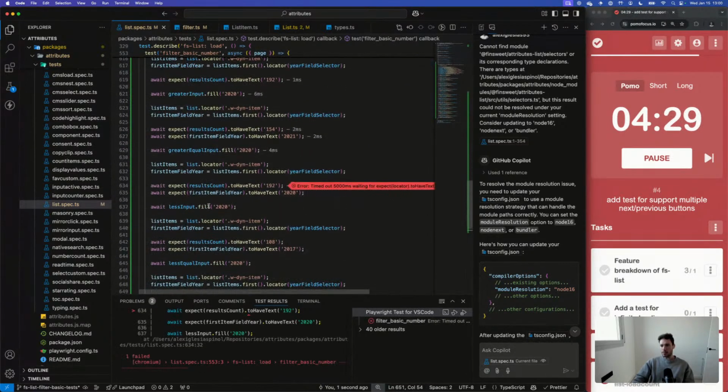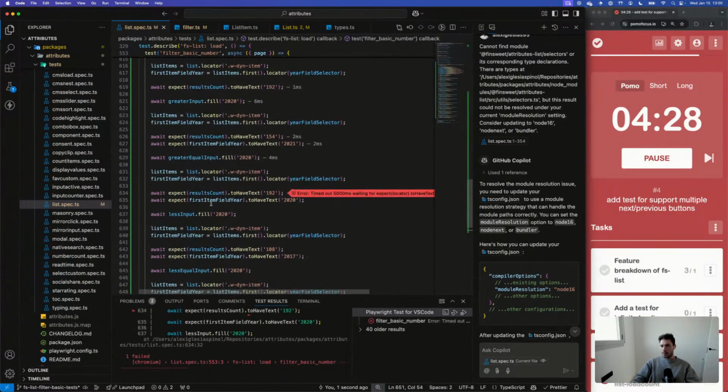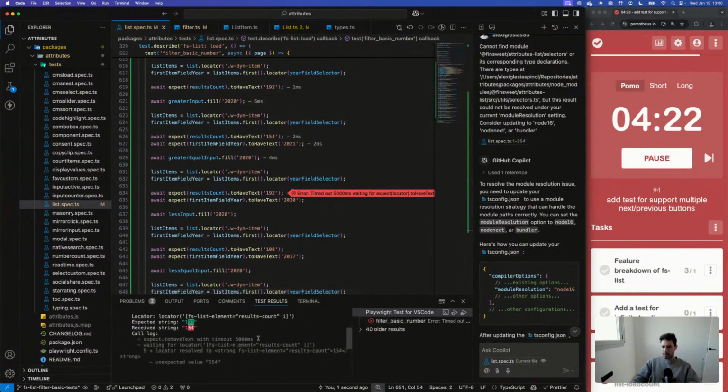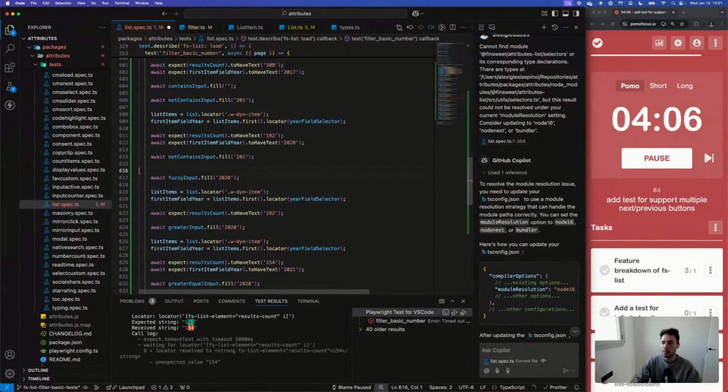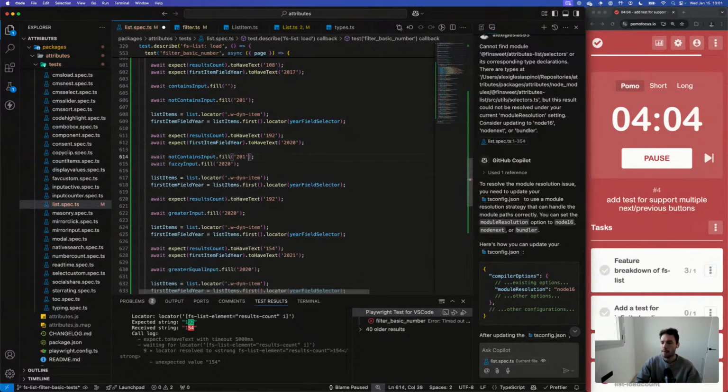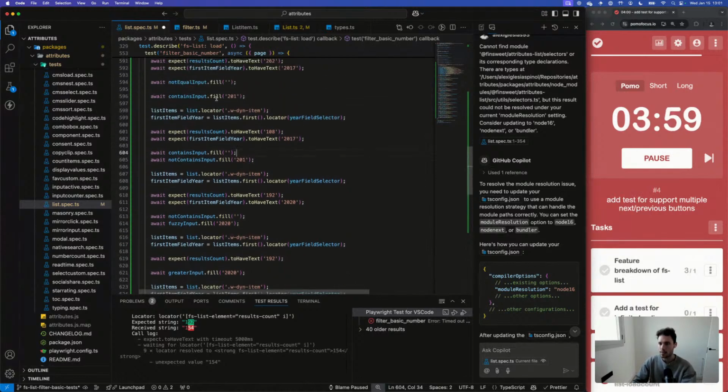Whoops, failed. When doing greater or equal, it is expecting 192, but it's saying 54. Oh, because we need to clear the fields. Hold on. Clear the fields always.